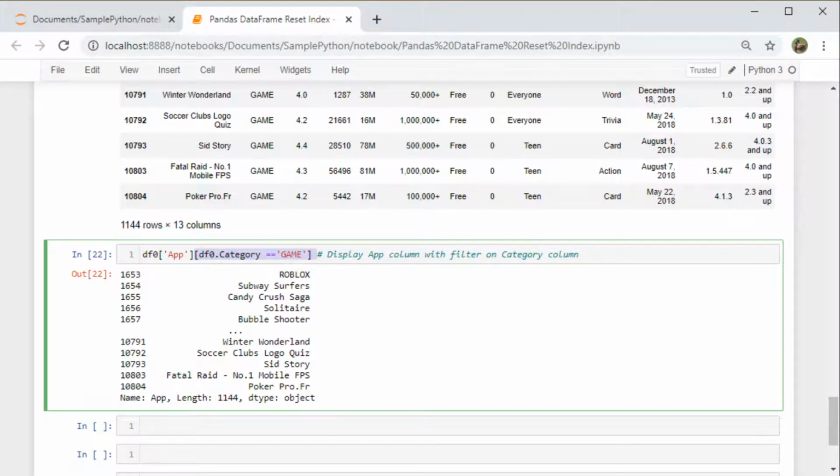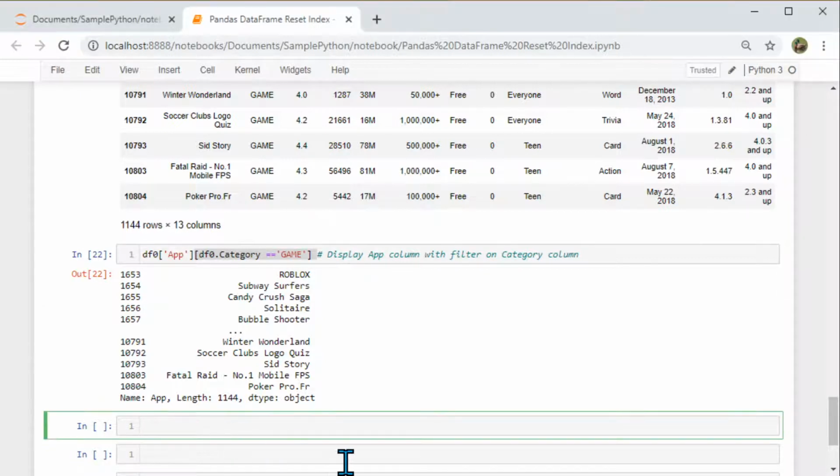Now let's say I want to display multiple columns, with a where clause similar to that. Yes, we can do that, and you can guess this one. Like before, I'm going to put two square brackets and pass the multiple columns, and then I'm going to have the same filter condition. The first one is the select column and the second one is the filter condition.